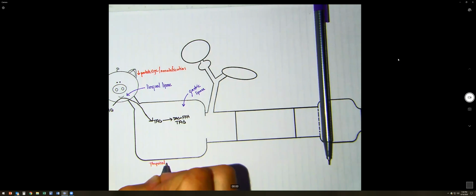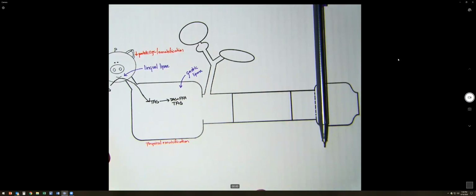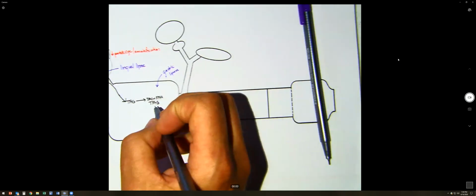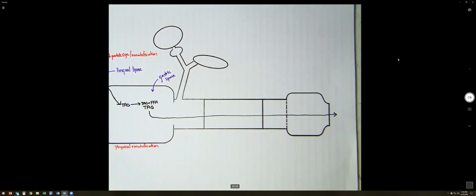The other thing occurring in the stomach is physical emulsification. Okay, and so that's a good thing. And what's going to happen then is we can basically, wrong color, take all of this and drag it all the way through the small intestine. And so in the liver,